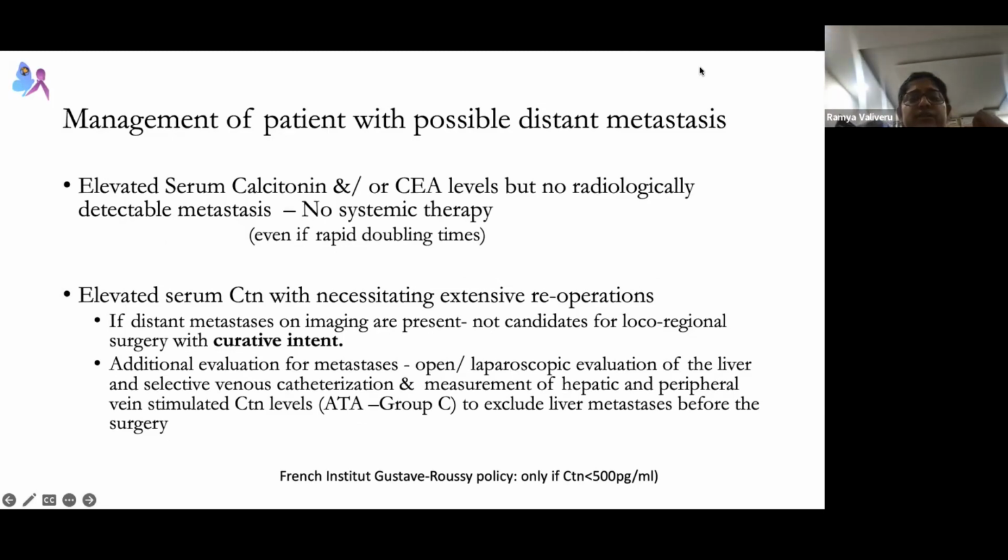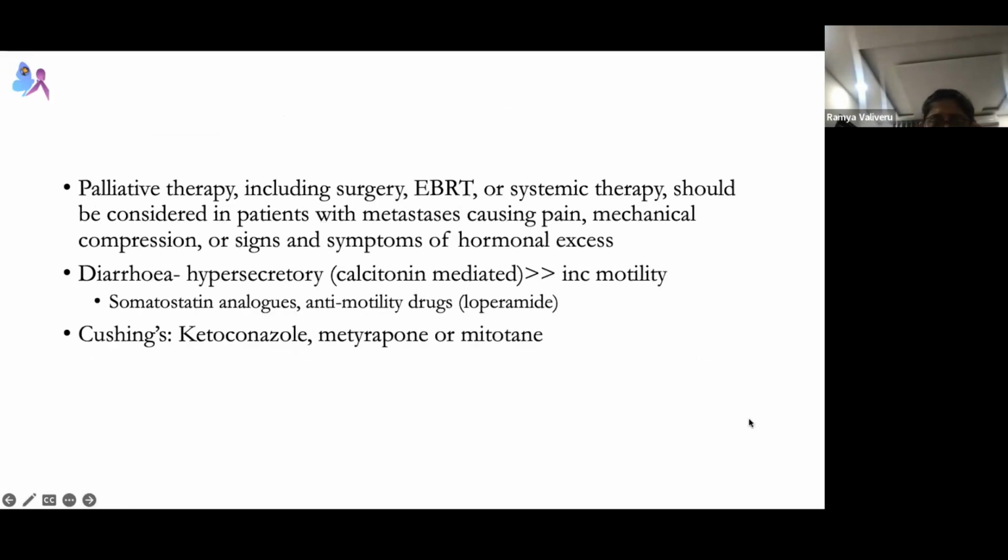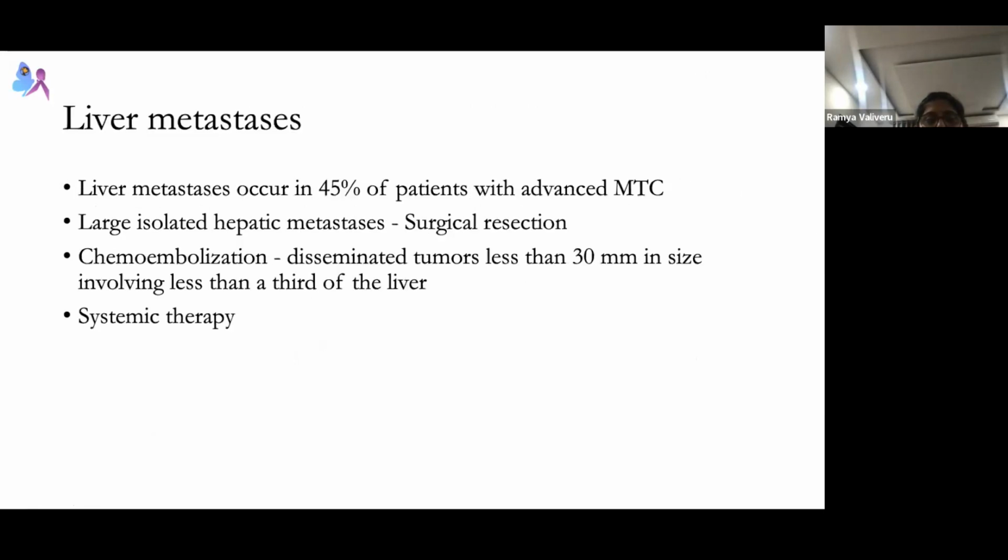So additional evaluation for METs, open or laparoscopic evaluation for liver, and selective. These are all individual patient based. We all, I think, know the logic behind all this. So palliative therapy can be used as and whenever it's needed. And if there is hypersecretory diarrhea, we can use somatostatin analogs, anti-motility drugs, and for Cushing's, ketoconazole and all can help. So liver mets can occur in about 40-45%, and large